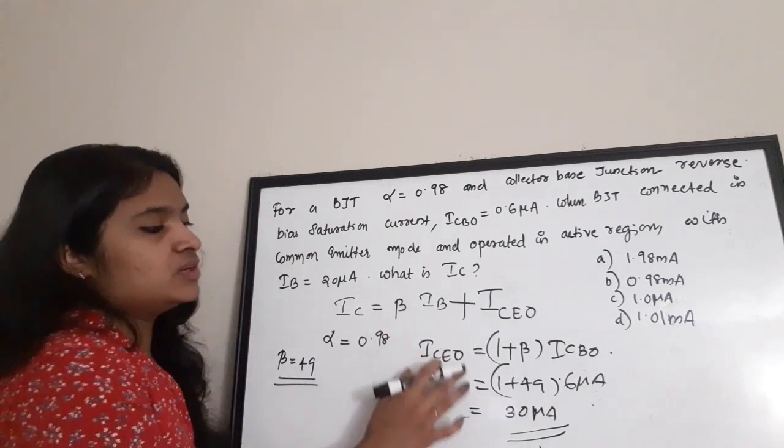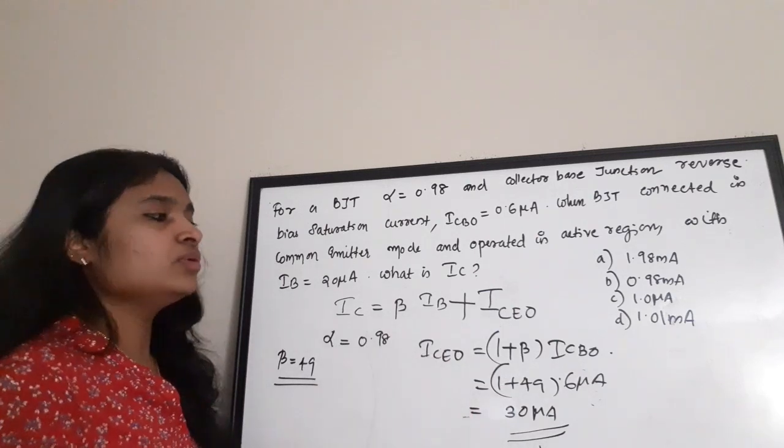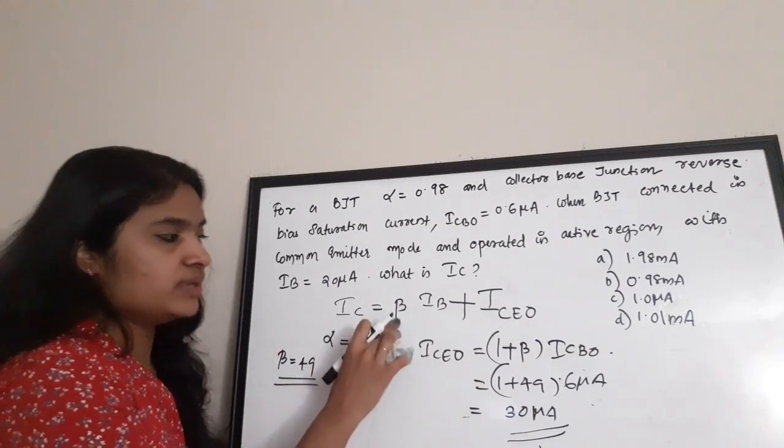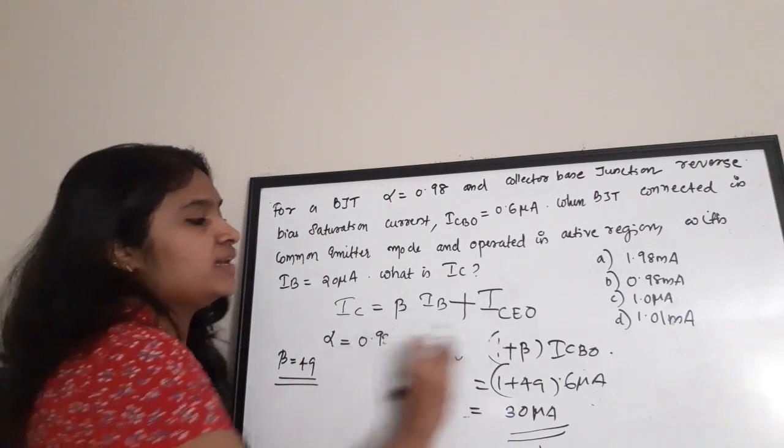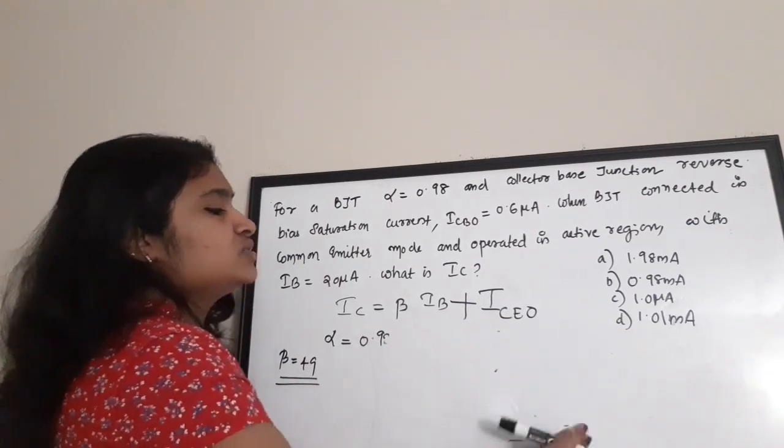So, ICEO is equal to 30 microampere. Now, all the values we have: beta, IB, and ICEO. So, we can find the value of IC. So, while